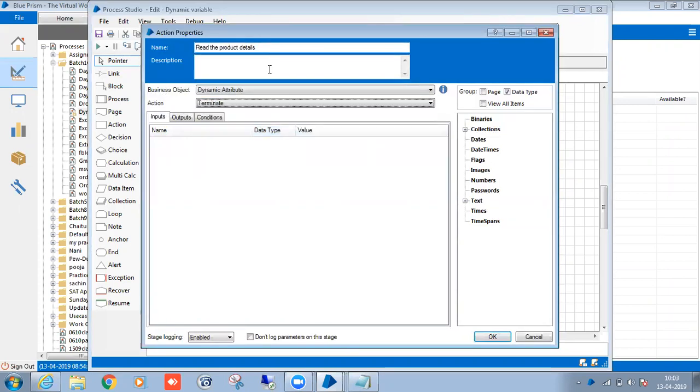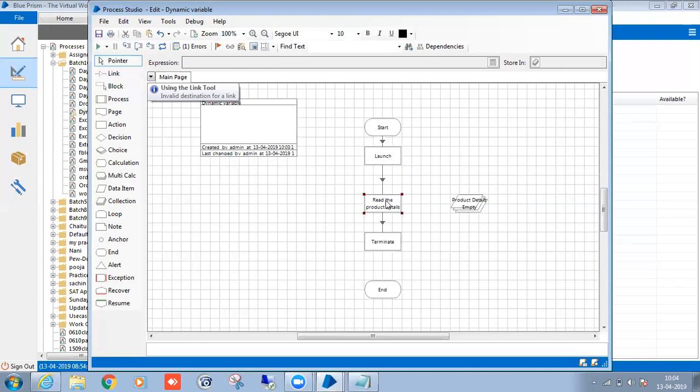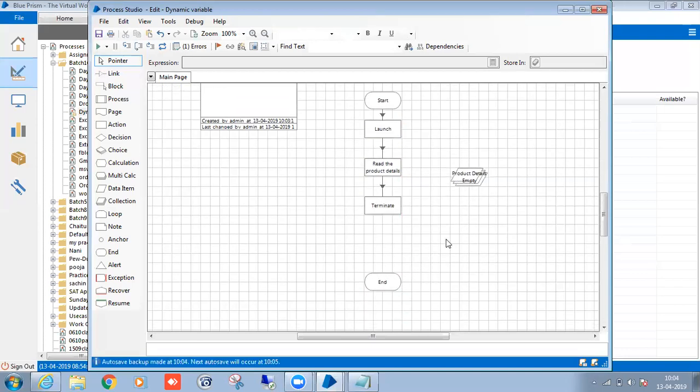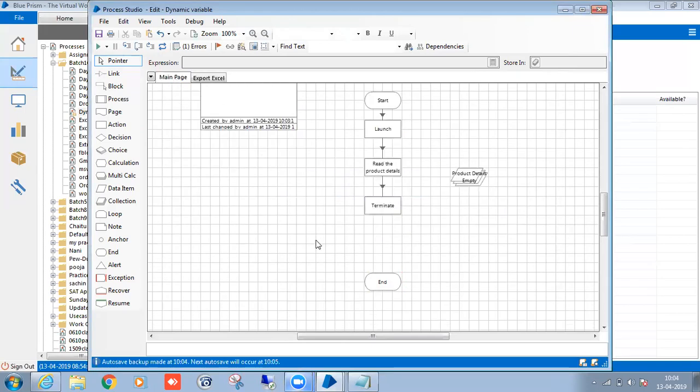After that, I will terminate. After terminating, I need to create one Excel, right? So I will create a separate page for export Excel. The main page I will call that one.